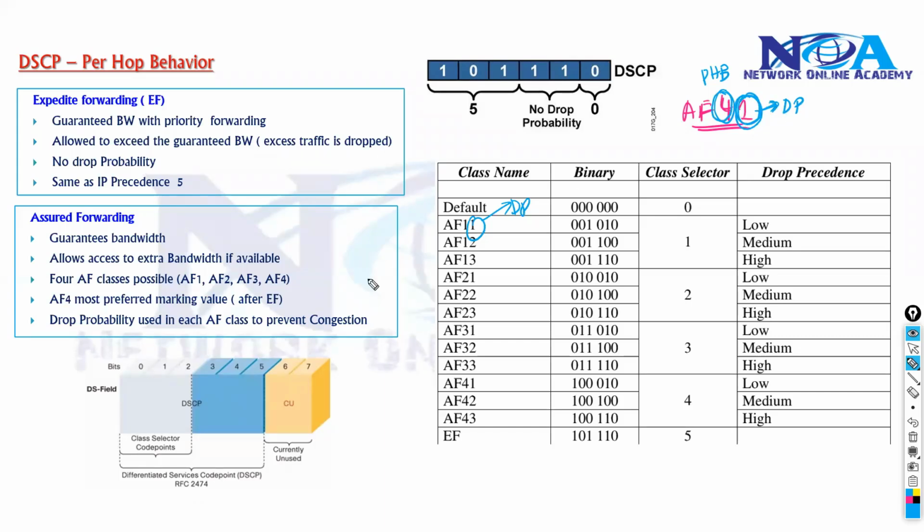So which means in case of drop probability, 1, 2, 3 values. So 3 means there is a more chances of packets getting dropped compared to 1 and 2. So which means if I'm receiving any packets with the marking of AF41 and if I'm receiving a packet with AF43, now in terms of priority, both have the same priority, which means both will be forwarded immediately with a high priority. But whereas in case if there is any congestion in the network, now congestion will lead